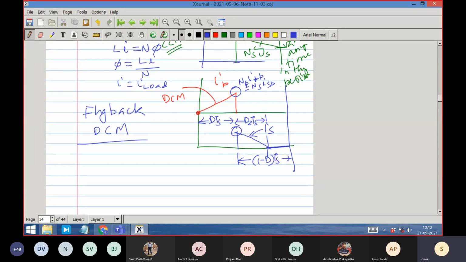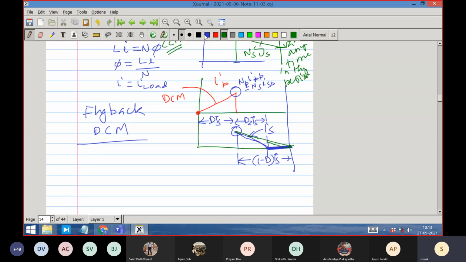Yeah. Sir, the waveform that you have drawn, is the converter in critical mode, like it has not gone into actual discontinuous mode? No, not critical mode, because this current is 0 here. For some off period of the time, the diode is not conducting. Critical conduction mode means the diode will be conducting just up to this. That is critical. The critical conduction mode would have made it like this, and at the end, it is this.